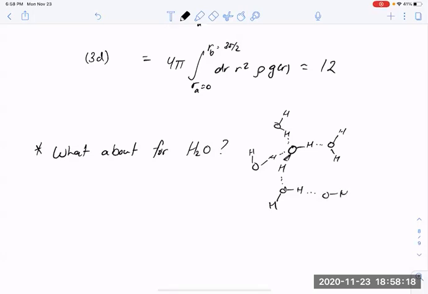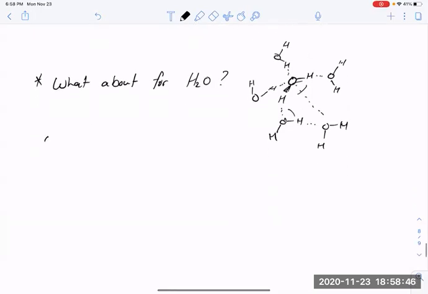Additionally, if I was going to carry on this hydrogen bonding pattern, we know essentially what these angles are like. The next nearest neighbor, if I was looking at the oxygen-oxygen radial distribution function, is not at 2 sigma, but actually a little closer together. So if I was going to draw the G of R for something like water,